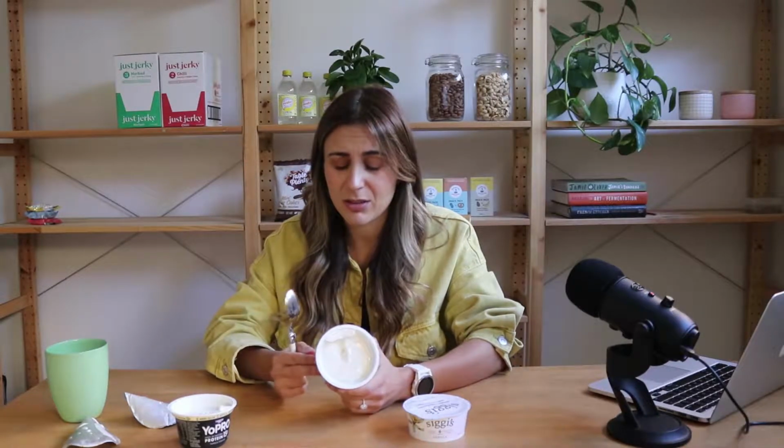If you want vanilla flavoured yogurt with protein, get some natural yogurt, put some vanilla protein powder in, and that's your high protein vanilla yogurt. That's really not cool. So these guys, Siggi's, don't claim to be a high protein yogurt, but they've still got,